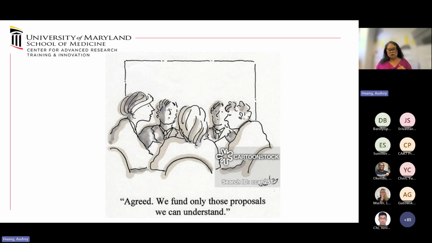Okay, so when it comes down to it, however, the reviewers will only fund proposals that they understand. So straight right across the board, there's going to be immediate rejections for administrative reasons, and then there's going to be rejections for grants that are not aligned with the study section or the funding organization they've been submitted to. So don't be in that pile. And then as the reviewers consider more carefully, if you've made those first couple cuts, as they consider your grant application, they need to be able to understand it. And that's what we're going to cover today.